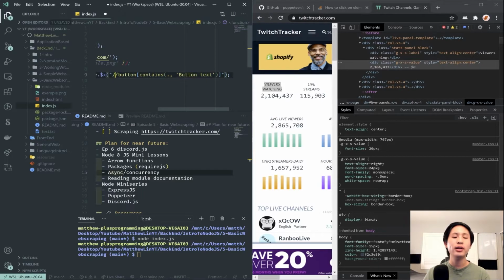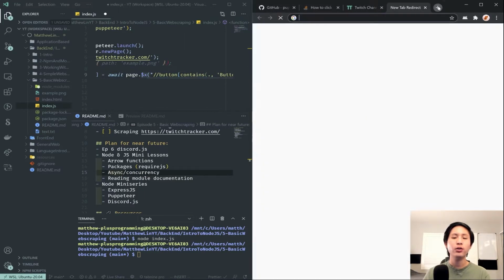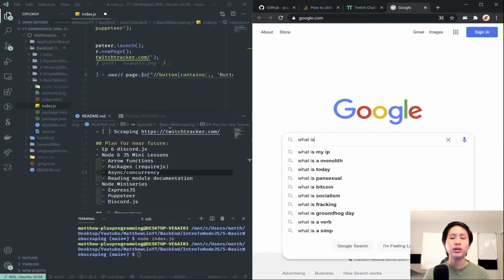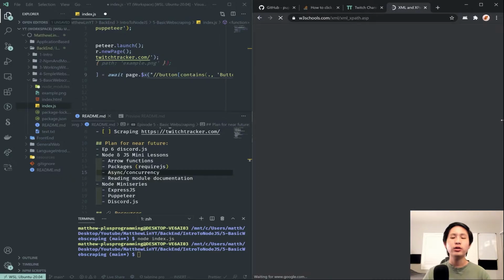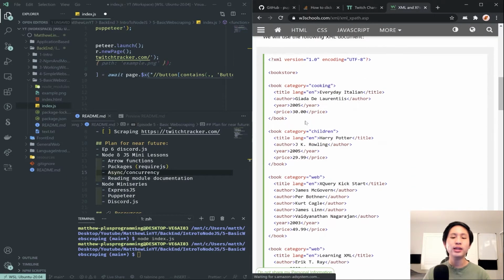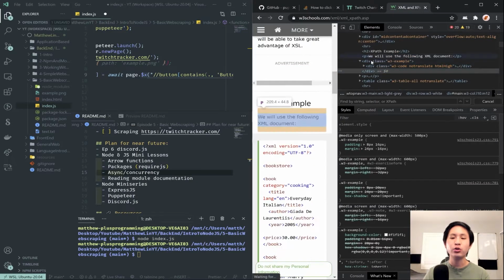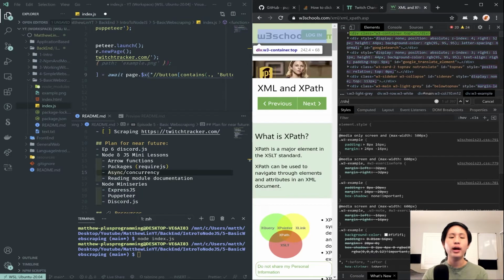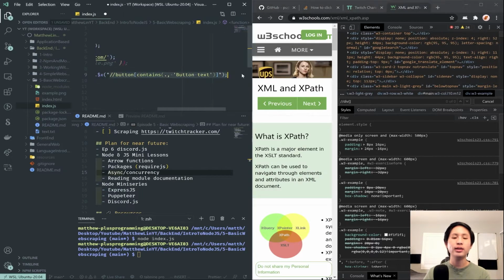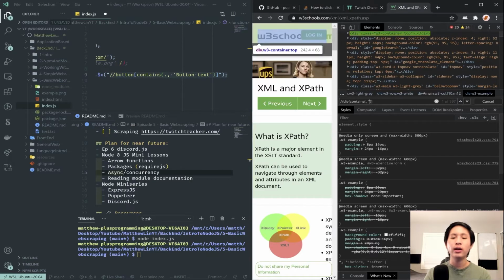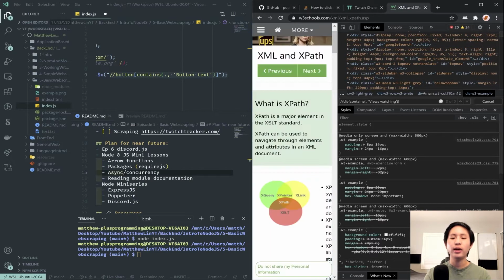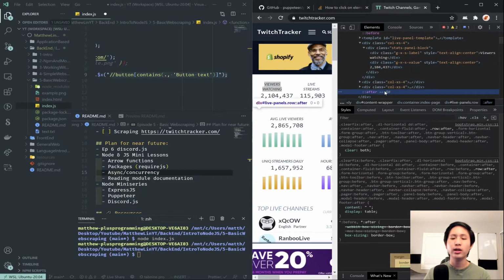So instead of looking for a button, this is something called $x, which, what is XPath? This is called XPath. If you are not familiar with what XPath is, it's basically a way to search through HTML. If you ever go to inspect and you type / or Control F, you'll see find by string, selector, or XPath. Well, if I do /div, and let's see, I'm gonna be copying this kind of format here. If I'm looking for a div with some square brackets, contains, and then dot colon, and then viewers watching. And in fact, I'm going to copy this query here, and I'm going to go back to our Twitch thing. Now I'm going to do Control F here, and see div contains viewers watching,